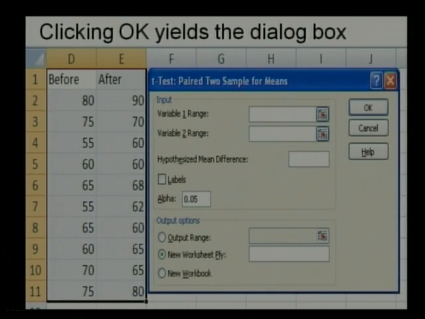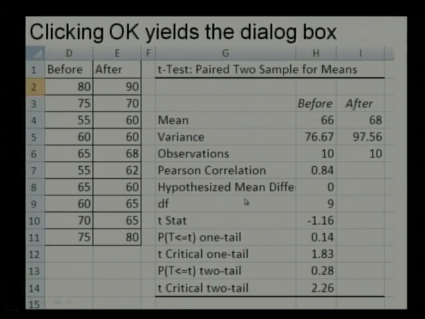So this is the data, and if we select this data and we want to compare and have a t-test on that using a 5% level of significance, we can find easily that the mean of this data is 66, after it is 68, and so on, and the t-stat analysis indicates the value. So this is how a simple t-test application can also be done.